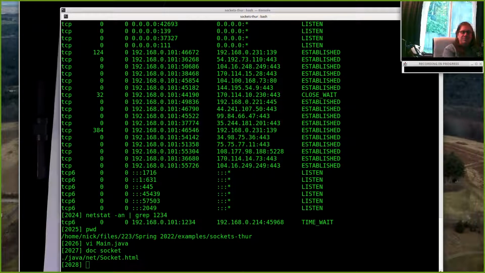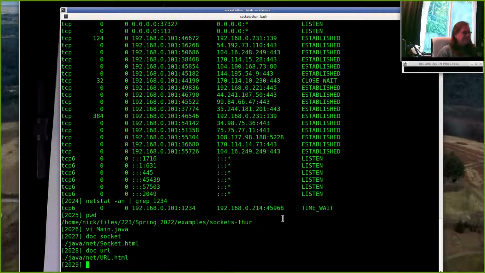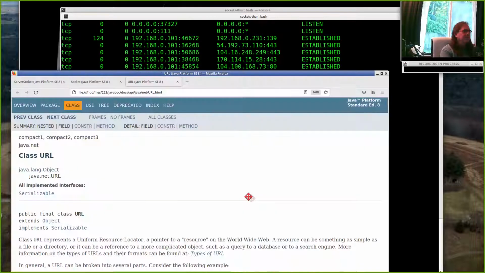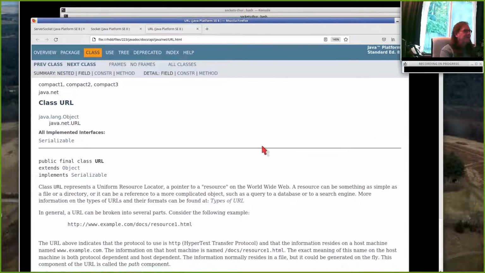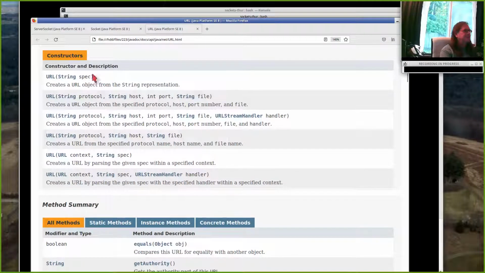We're going to talk a little more about sockets and servers and client server models and so on. But then we're also going to sort of blow past all of that lower level stuff and look at some other classes, including this convenient class called URL. And URL is a class we can construct by specifying a URL,